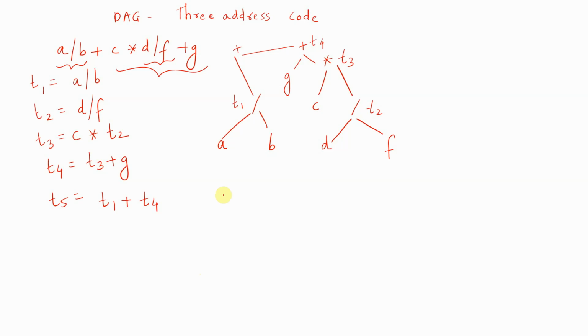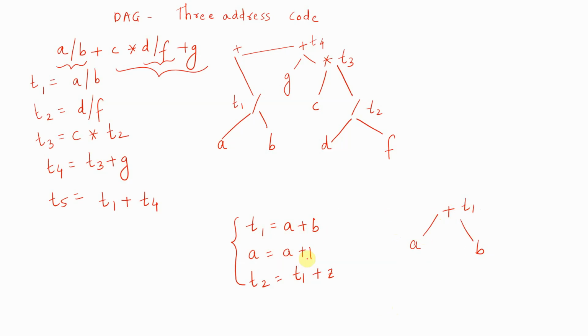Now consider that you have this 3-address code: T1 is equal to A plus B, A is equal to A plus 1, and T2 is equal to T1 plus Z. The question is to draw the DAG representation for this 3-address code. The first step is to consider every 3-address statement and give its DAG representation. T1 is equal to A plus B, the result is stored in T1, so I'll write T1 here. Next, A is equal to A plus 1.